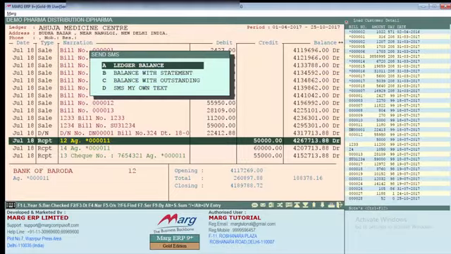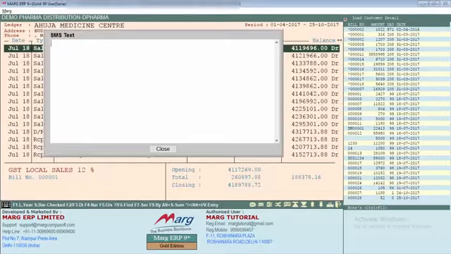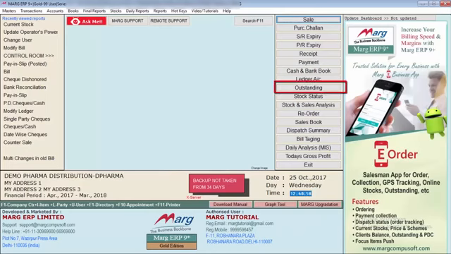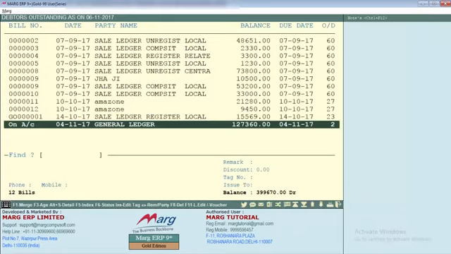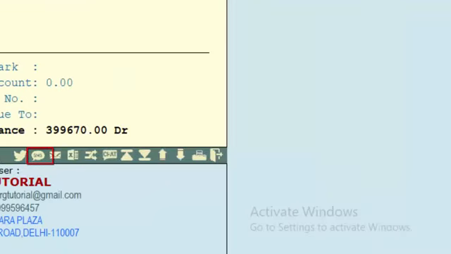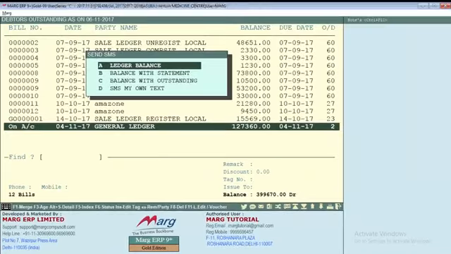If you want that, from here we can select SMS my own text, and whatever text we want to send, we can type here. Similarly, if you click on outstanding, you will also get an SMS icon, and as you click here you will get the options as well. So select an option according to you.